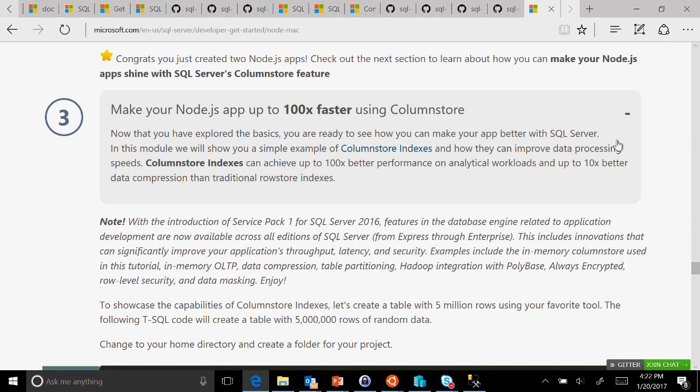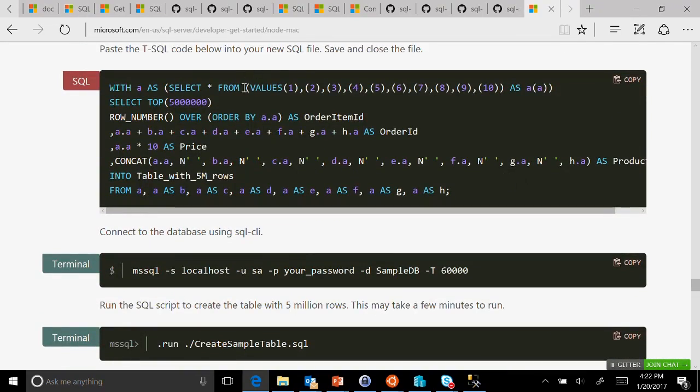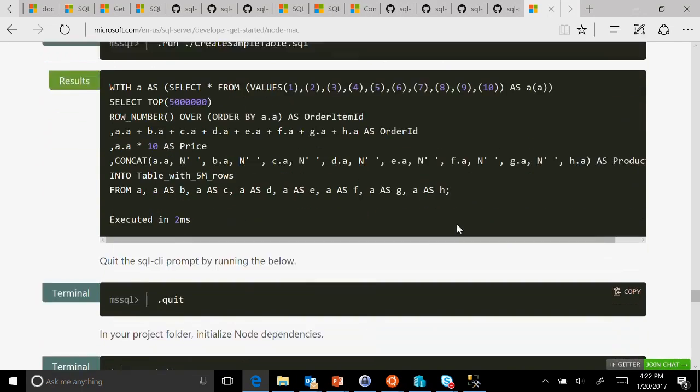The last part shows you how you could use column stores and load data, and how column store queries are faster. And it basically gives you all the code necessary to do that. This is just a data generator that stuffs a few million rows in your database, and then here are the queries and so on, right?